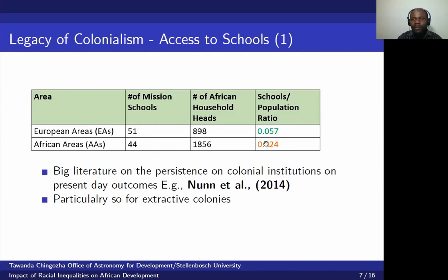So what that then means is that the ability of Africans to send their children to school is limited relative to their white counterparts. So those differences have persisted even today in many African countries. So there's a big literature on the persistence of colonial institutions on present-day outcomes, and one of the most famous papers is by Nunn et al. in 2014, and this is particularly so